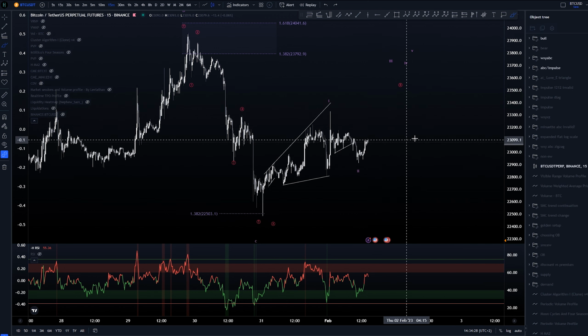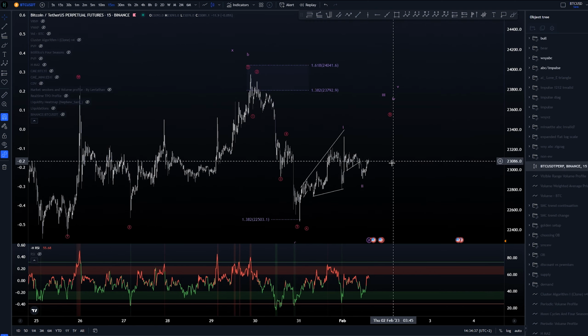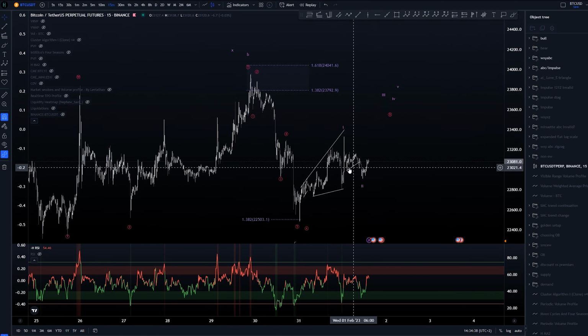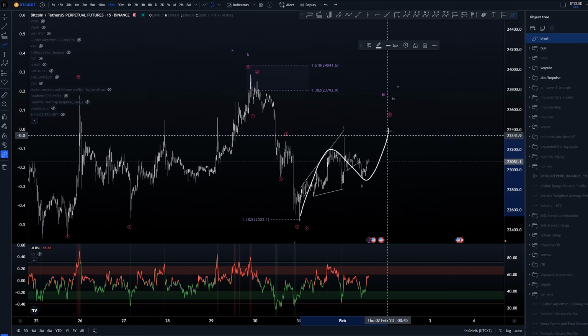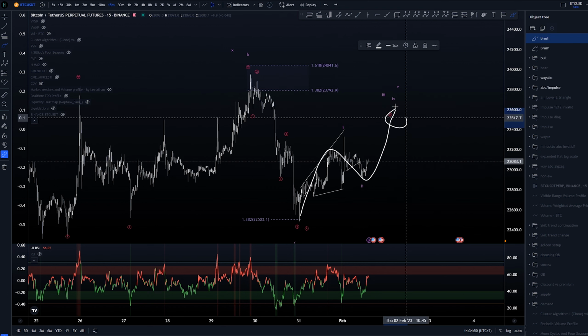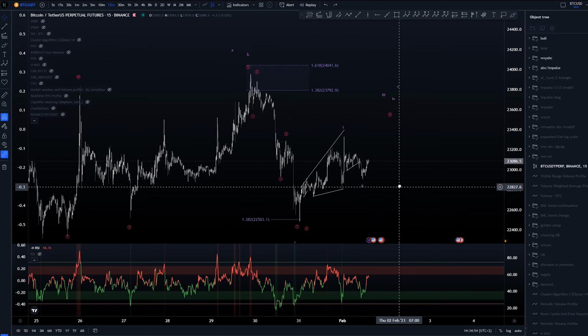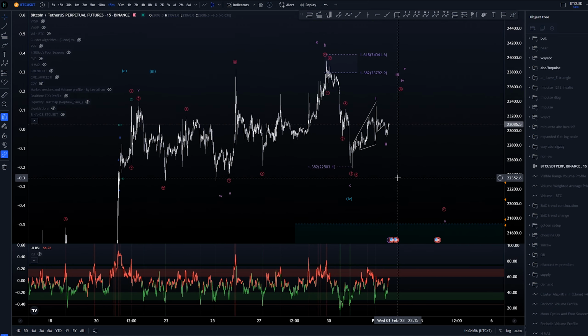So again, exactly the same setup for both the bull and bear scenarios, which is giving us more confidence that okay, we're looking for at least some kind of move up. Either we're going to be looking for a home run here with a 1, 2, 1, 2 setup, or we're just going to be looking for a 3-wave structure like this, where this would be an ABC. And then we would be looking for a move downwards from here. So those are the two scenarios that I'm currently looking at on Bitcoin.